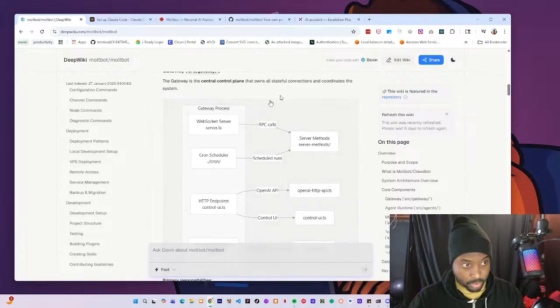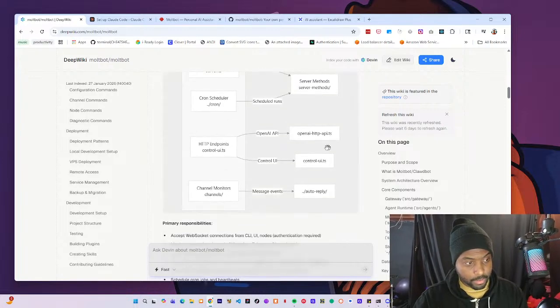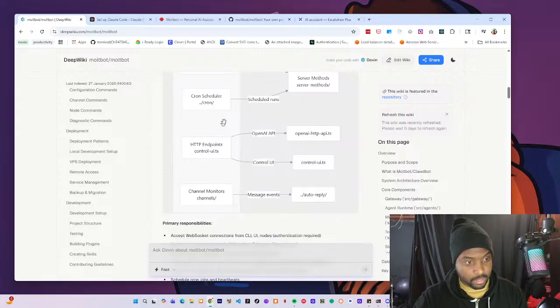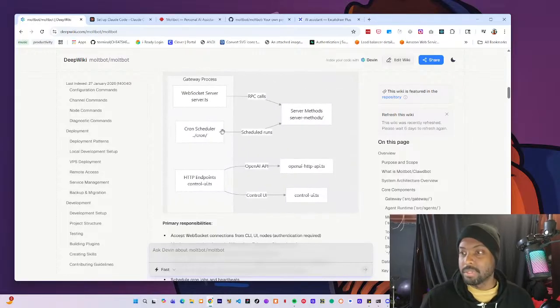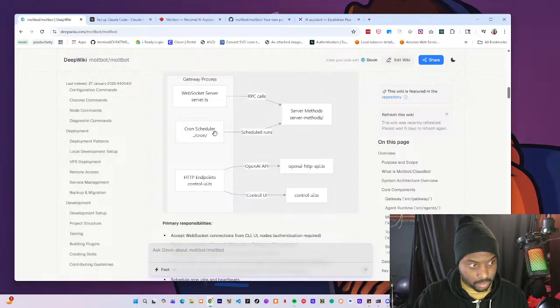Gateway is the central control plane. Because it's an AI system, of course it should have cron jobs, so we can schedule things for later. WebSocket, RPC calls, cron jobs, cron scheduler,